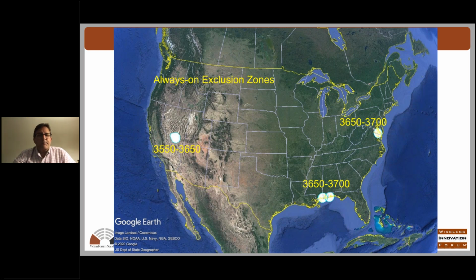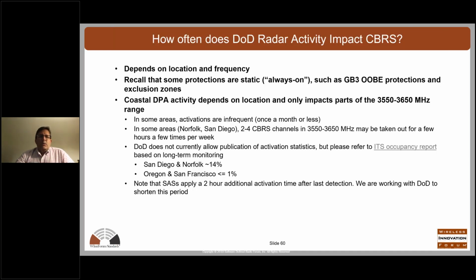Next slide, please, Lee. So how often does DoD radar activity impact CBRS? That's the million-dollar question. We get asked this a lot. It depends on location and frequency. And like I noted, some exclusion zones are always on, or out-of-band emission protections are always on. People mostly ask us about coastal DPA activity. The DoD at this time does not allow us to release detailed, location-based statistics of the activity rate,